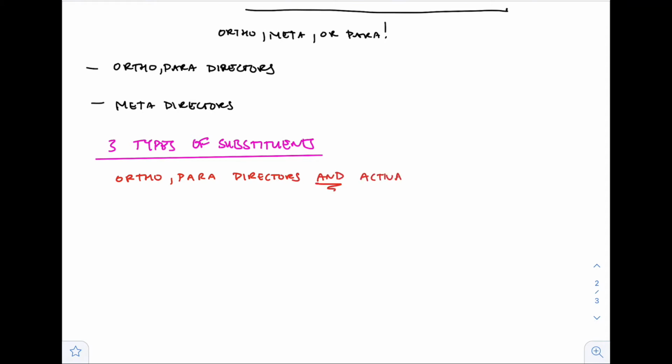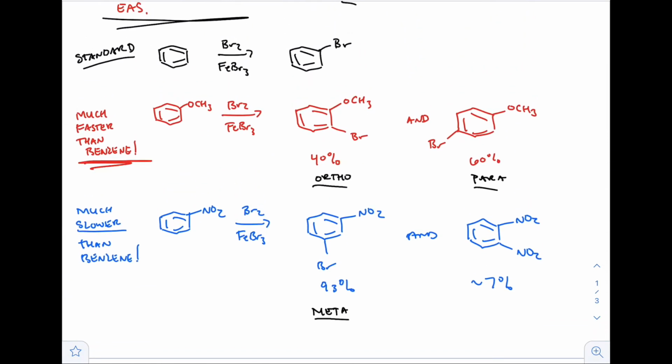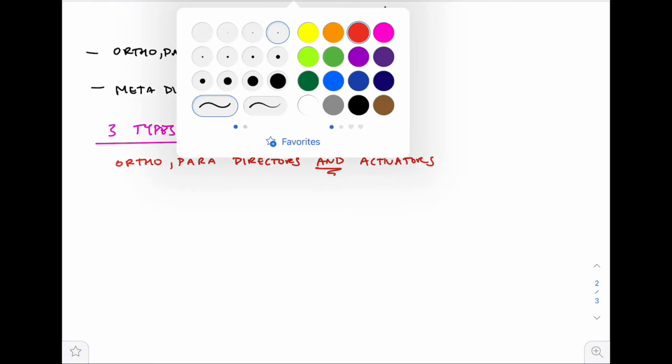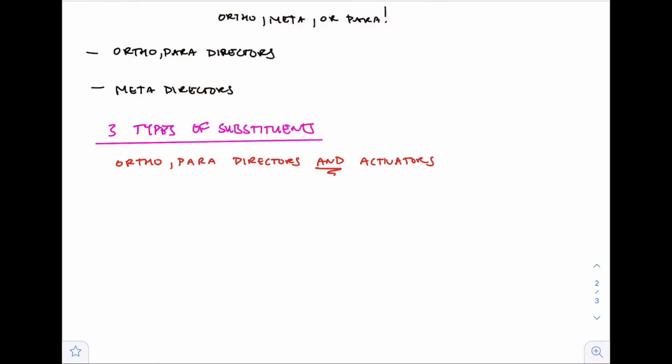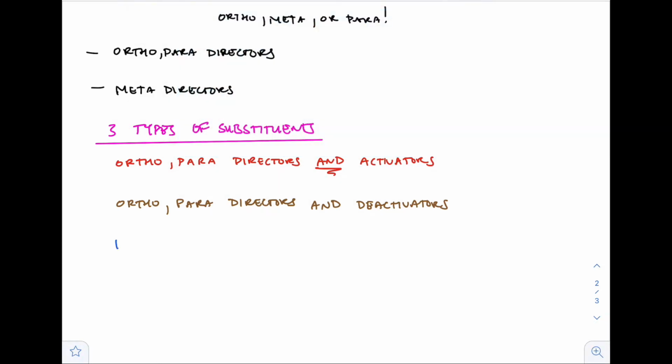So when we talk about activating benzene, we mean that it is making the reaction much faster. It's like you're activating that benzene and it's reacting much faster because it has an electron donating group on it, okay? I'm choosing poopy brown here because this one's not cool, because it's counterintuitive. We have an ortho-para director that is also a deactivator, and you'll see why that's kind of counterintuitive perhaps, because